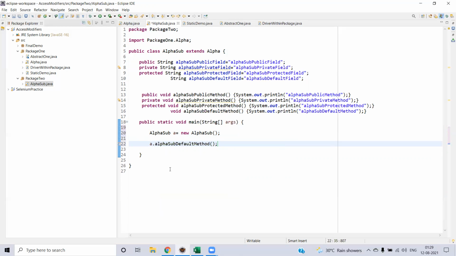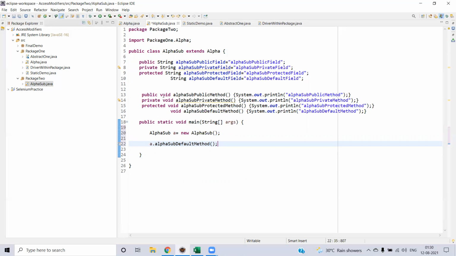So now you can see the output from the same class. Why? Because, however, we have not seen the inheritance in basic, but we will understand it again. You are inheriting from the alpha class. So if you are creating the object for the subclass and you are trying to access some method, it can be any method.